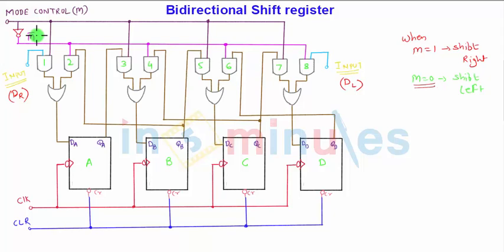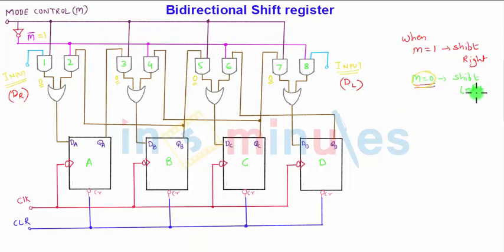Now second position, when m is equal to 0, m bar will be equal to 1 and all the pink lines, the gate associated with that, will get active, and m is equal to 0. So for gate number 1, this output will be 0 here. For gate number 3, all the odd number gates, you can say, they will be 0 because they are directly connected to mode control, and here mode control m is 0 because we are doing the